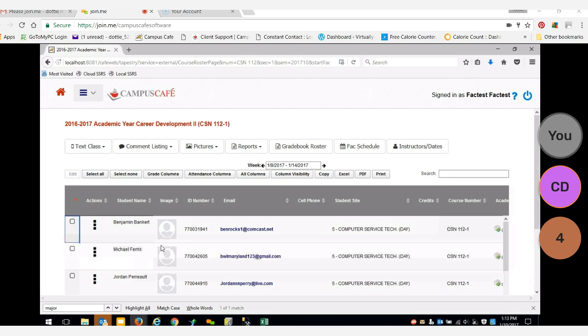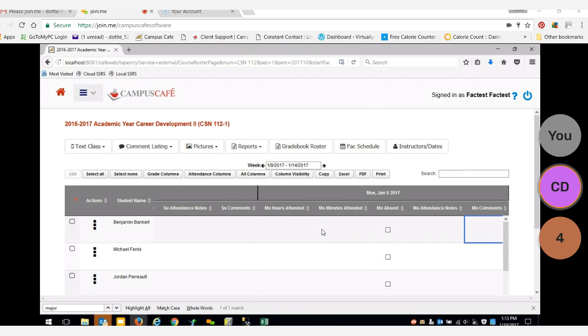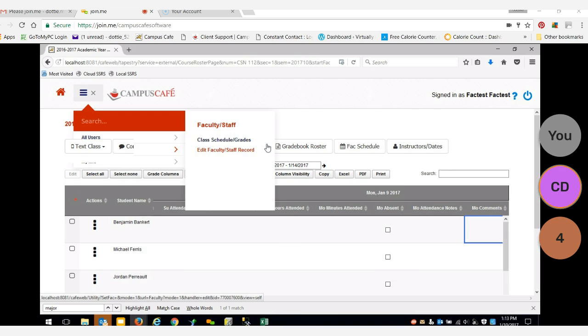Then I'm going to go to the grade and attendance columns. So first, attendance columns. And this interface has been significantly rewritten. You're cutting out a little bit, Joe. So attendance for multiple days at a time. I've got Sunday, Monday, Tuesday. And really, I think what I need to do here is go back to his schedule and get his